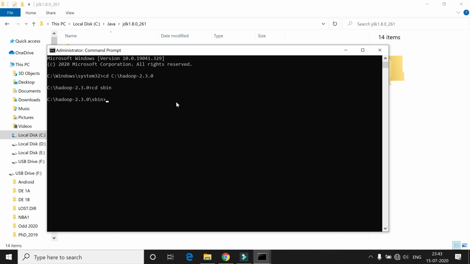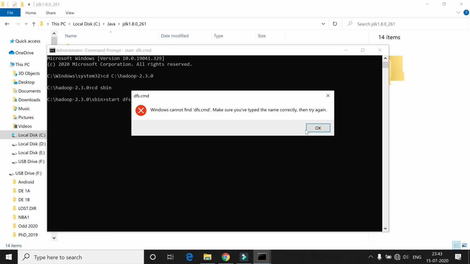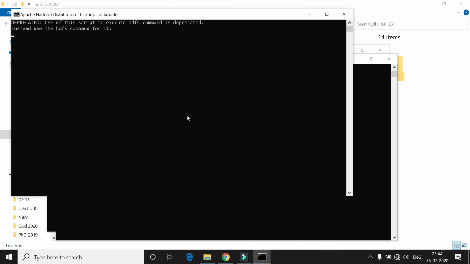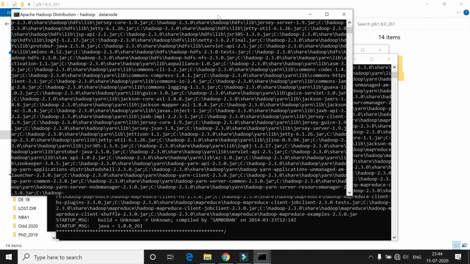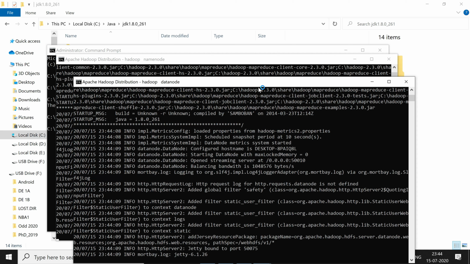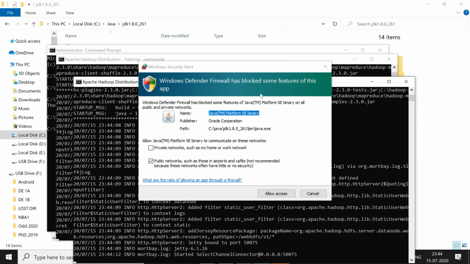Now give the command start-dfs.cmd. Now you can see the nodes that belong to your HDFS will open.